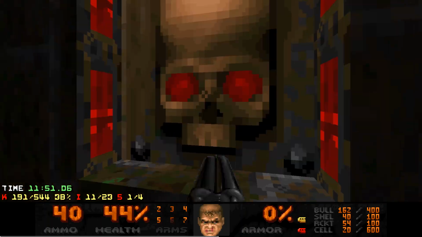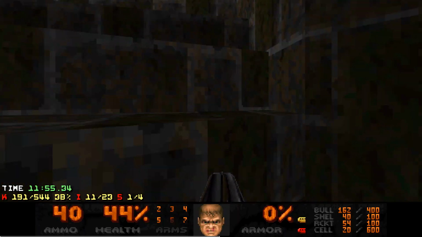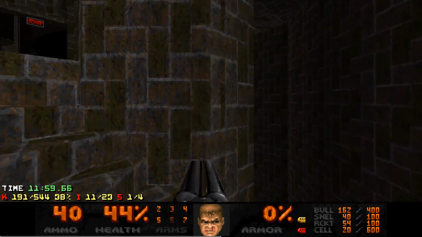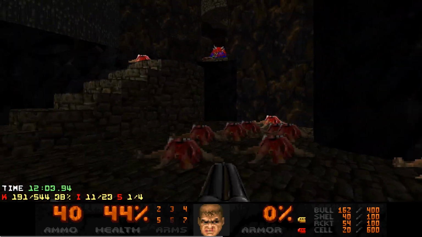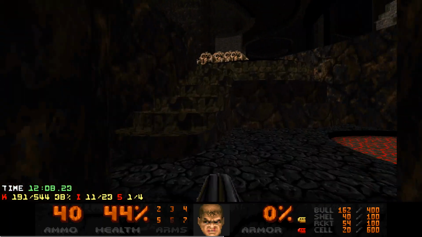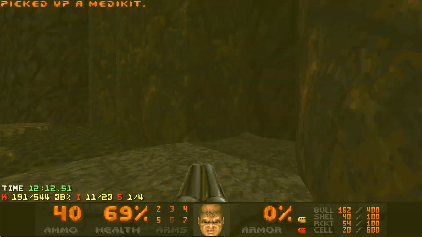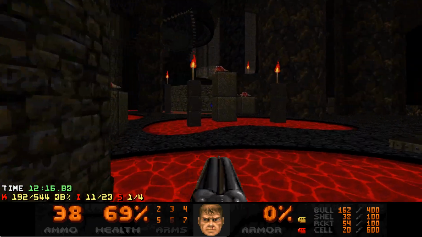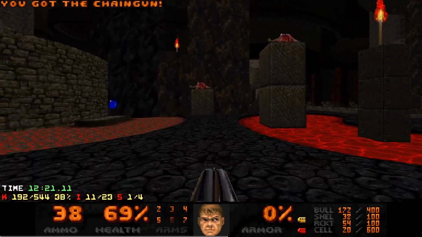Now, the reason that I'm clearing this out early, even though I don't have any reason to go up here, will become clear very soon. When I hit the red switch, which is in the center of the map, it will release a massive horde of cacodemons, as well as open up a small cubbyhole to the side. This is another of the more difficult parts of the map,